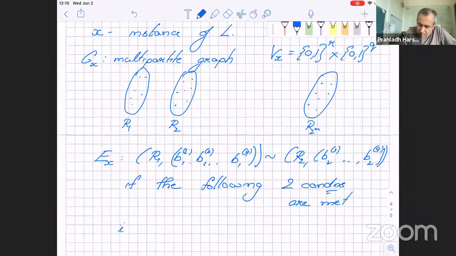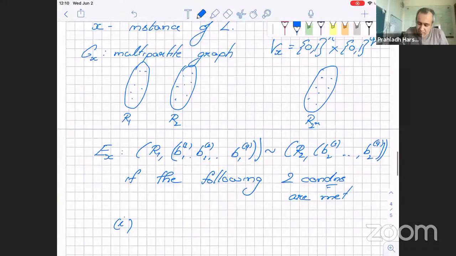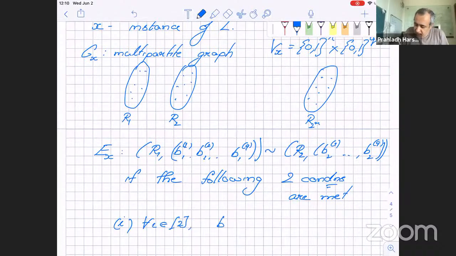One, the first Q queries and the second Q queries, B1 and B2, should both be satisfying assignments for that particular random point. That is, for both i in 1, 2, B_i is a satisfying assignment